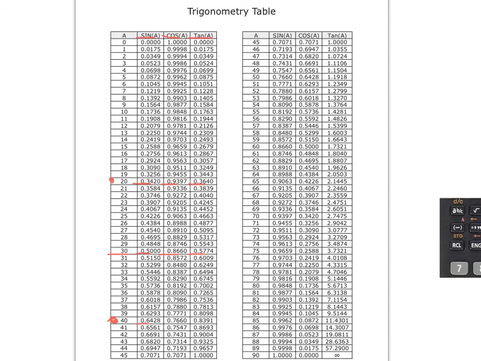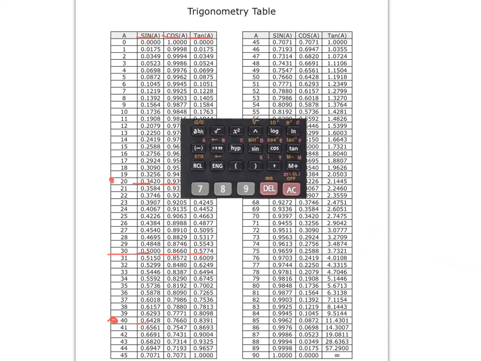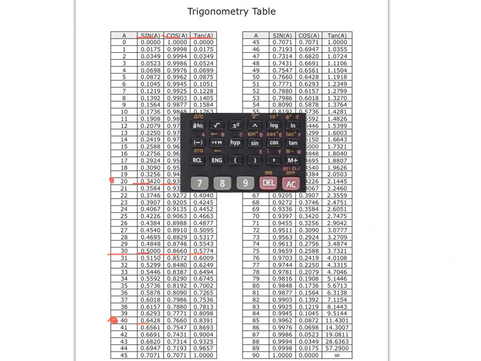Now, hopefully you've spotted a problem here. It doesn't tell me what 1.5 degrees is or 23.2, and I'd obviously need to have this table with me. Well, luckily, we have these stored on a calculator. And if you look closely here, we have the sine button, the cos button, and the tan button. And if you press sine of 30, you should get 0.5, or if you have tan of 7, say, you should get